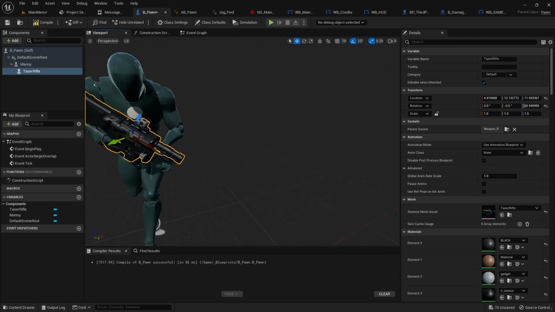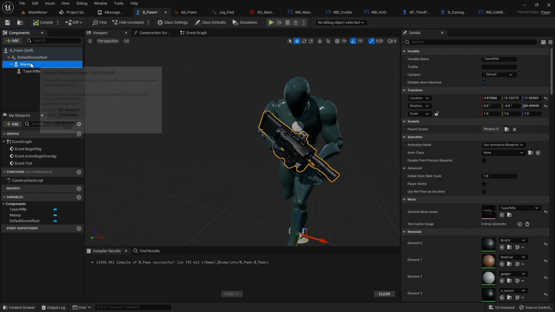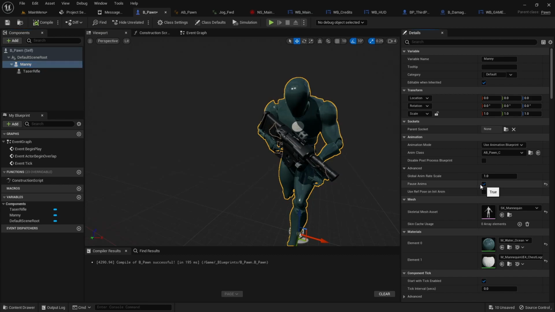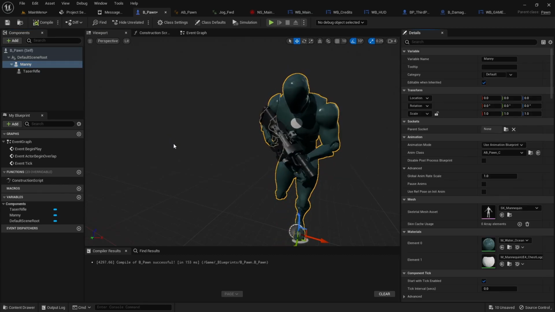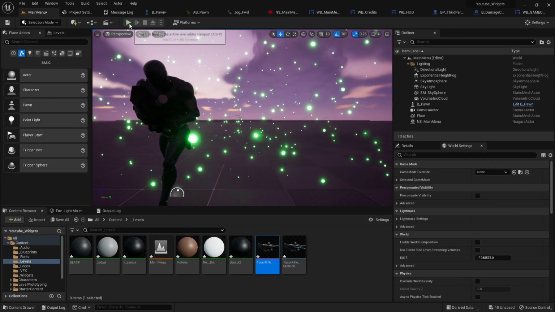Obviously this model wasn't made with him in mind, but you get the idea. Then I can go back to Manny and unpause. And now when you go to your main menu,